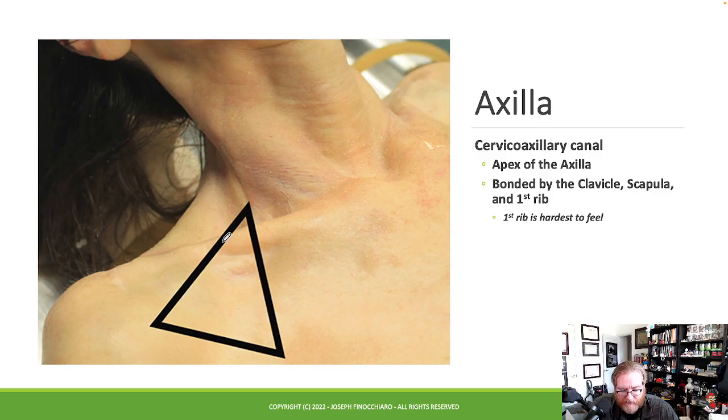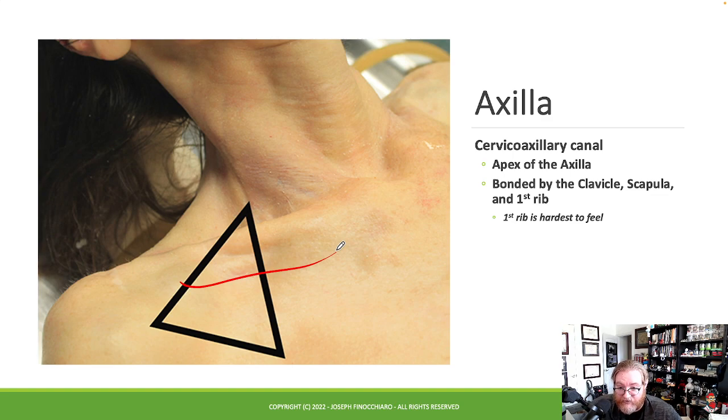So, the cervico-axillary canal is the apex of the axilla bounded by the clavicle, scapula, and first rib. This gives you an idea of where these things are. Now remember, you're seeing this on the top of the body. This is not where you would likely be making an incision to access the axillary artery. You might be making incision over here to access the